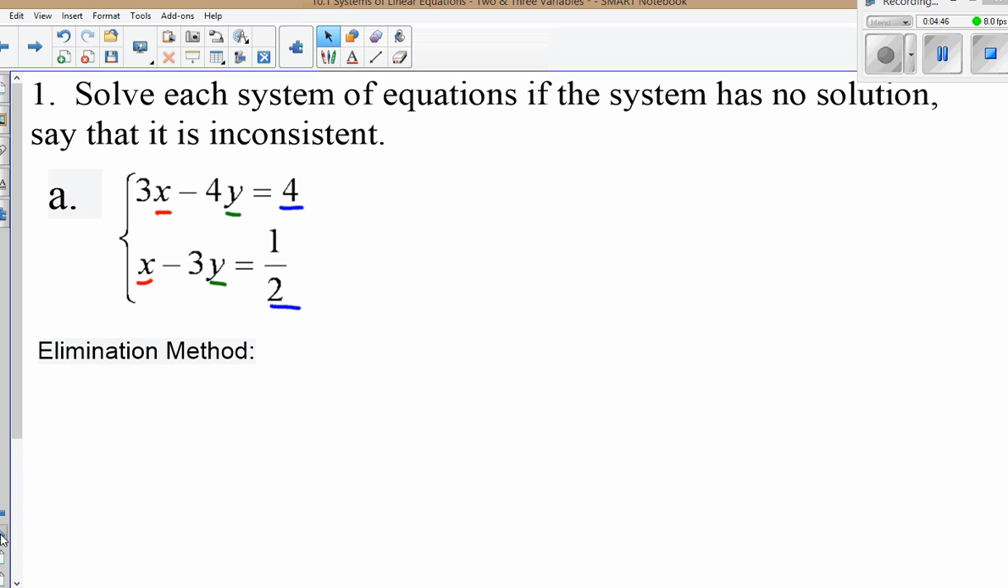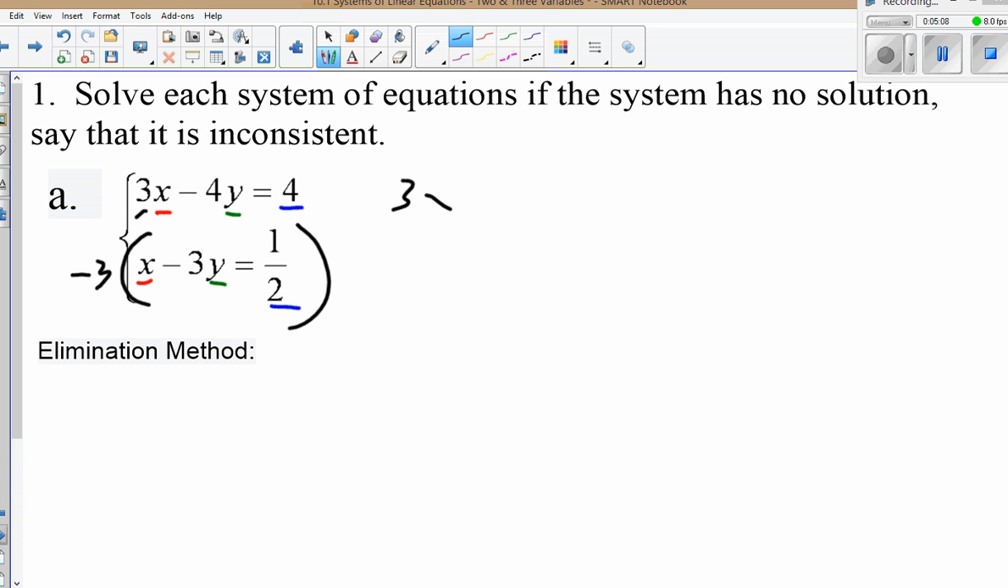So in order to eliminate x, I want to try and multiply by the smallest value here. So here, if I multiply both sides by -3, that's going to give me the necessary negative 3x here to eliminate this positive 3x here. So if I multiply, and then I'm going to stack and add here. So I have 3x minus 4y equals 4. I get negative 3x plus 9y